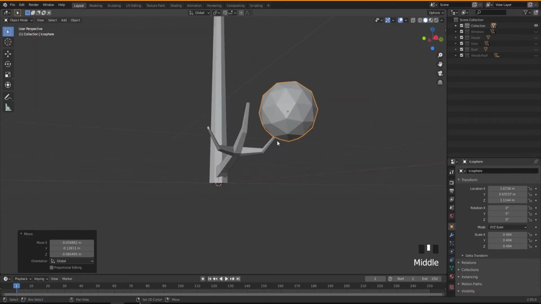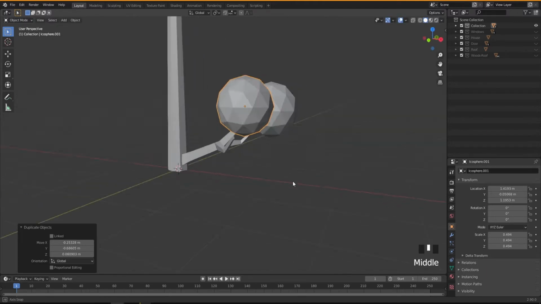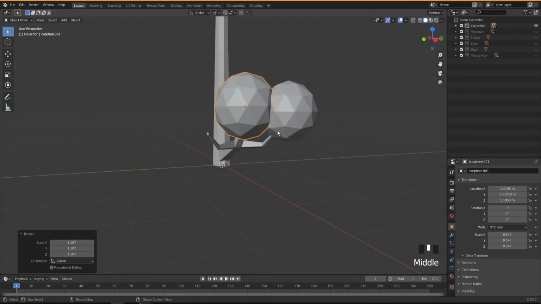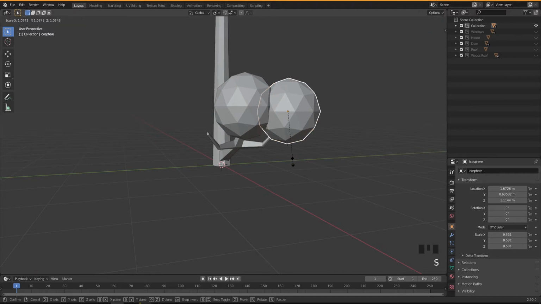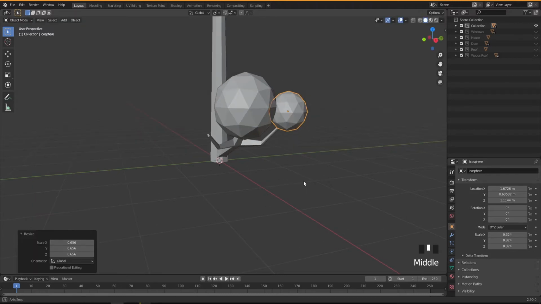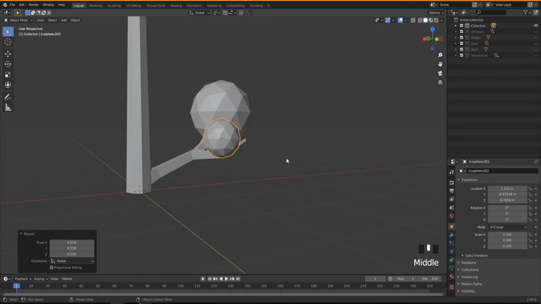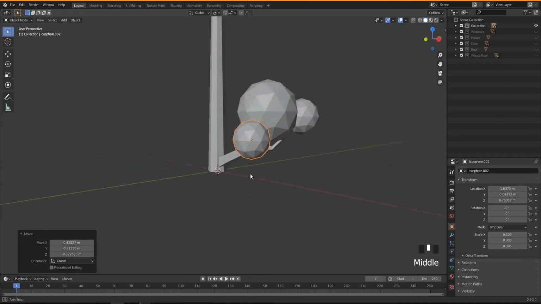I'm gonna duplicate this one, Shift D, and move it to the next, I'll make this one a little bit bigger and this one smaller. So S for scaling it down like this. And I'm gonna duplicate this one, Shift D, S, scale it down, G for moving.